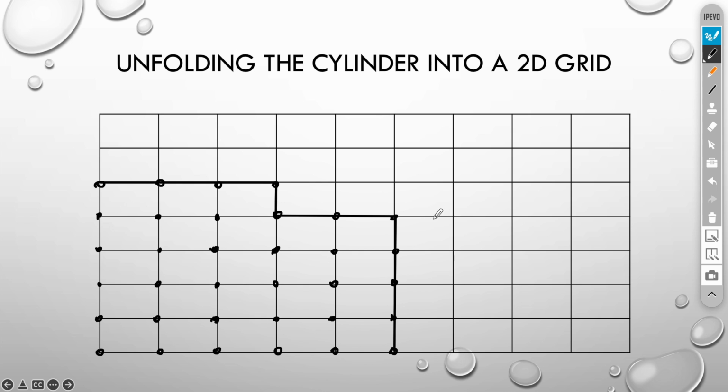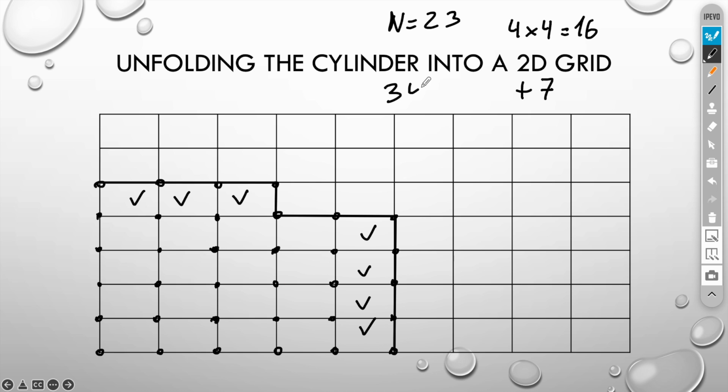Let's try another arrangement. Instead of greedily trying to fill in each row, let's try to pack papers as much as possible by first starting to fill in full squares and then the rest of the papers to attach on the sides of that full square. For n equals 23, a full square would be 4 by 4. This is 16. And we would have plus 7 papers, these guys here. The total number of pins required in this case is only 34. Clearly 34 is much less than 48.